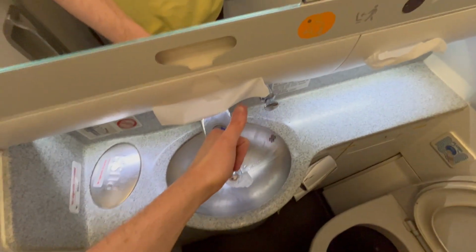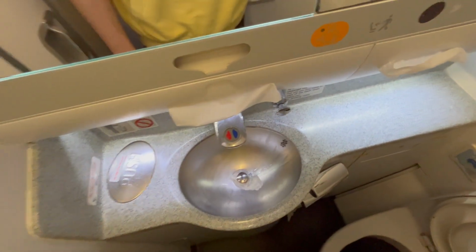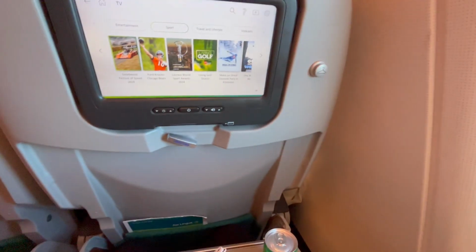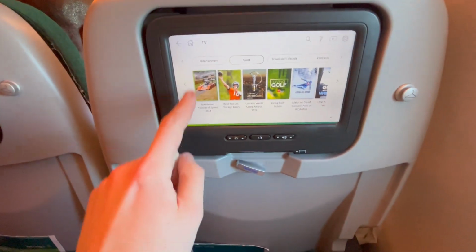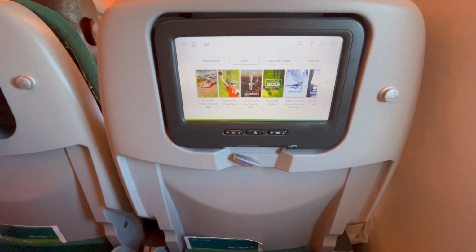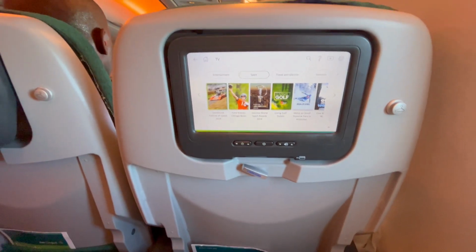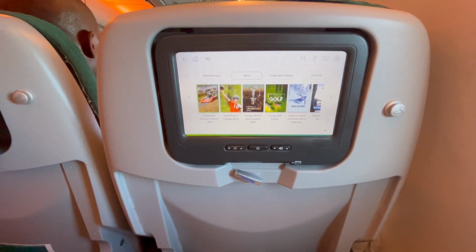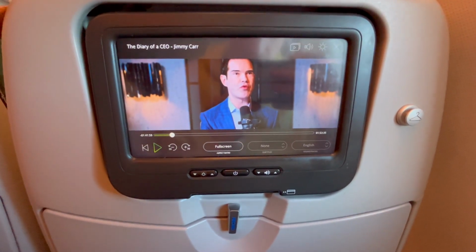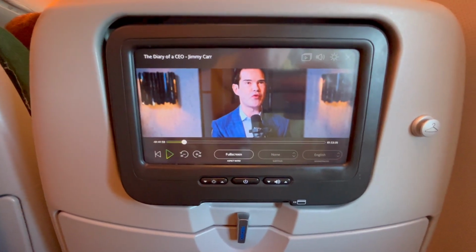I'm gonna go and get back down to my seat and hopefully find something to watch on that TV because I'm really stuck for choice at the moment. I think until meal time, that's me. I'm going to sit back and watch the Goodwood Festival of Speed Highlights 2024, considering I actually like cars as well, and there ain't nothing else that takes my fancy, so I will catch you in the not too distant future. Turns out the whole Goodwood thing was a bit naff, so I just put the Diary of a CEO